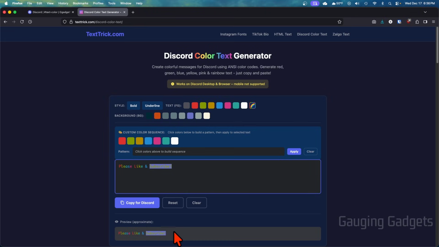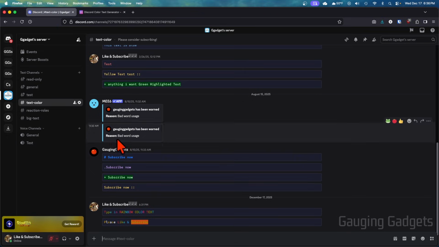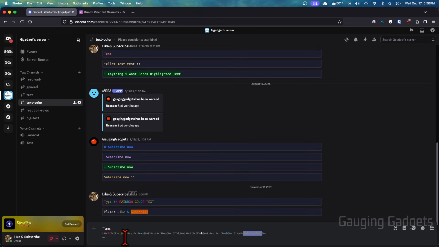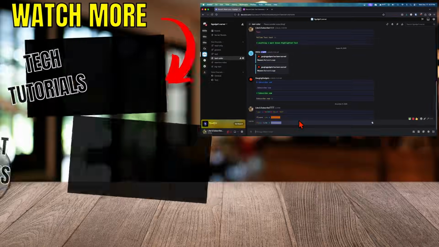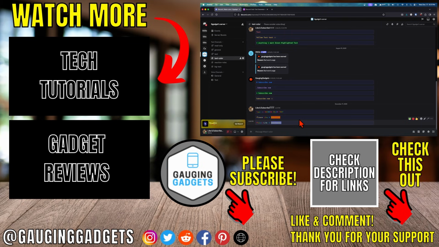on Discord here. But if you want to build custom sequences of different colors, like different patterns, you could do that here by just selecting the colors, then highlight the text you want in that pattern and select apply, and there you go. So once you're ready, select copy for Discord, open up a text channel in Discord, paste it and hit enter, and there you go. You'll now have your color text that you can put in your read-only section or just have fun posting on